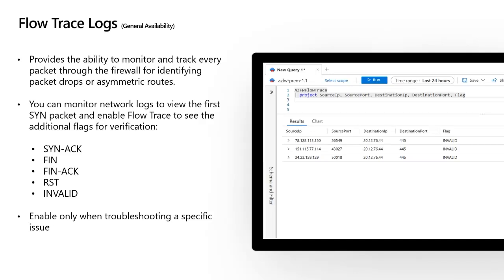So here we can see the flags that we are expected to see in the flow trace logs: we're going to see SYN-ACK, FIN-ACK, reset, and invalid. And again, reinforcing that invalid is for packets that have been dropped, for example, in asymmetric routing issues. So it's a really nice feature. We have received a lot of good feedback on that, especially from people troubleshooting network issues and connection issues. We are happy to announce that this is now generally available,